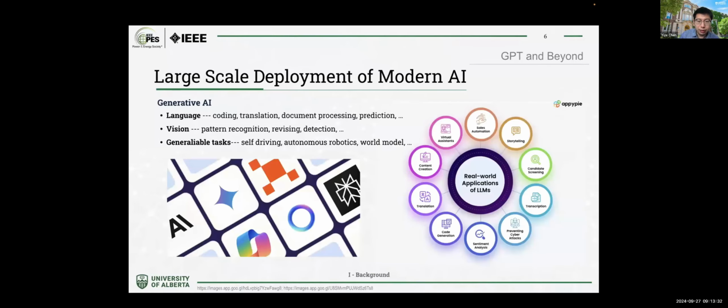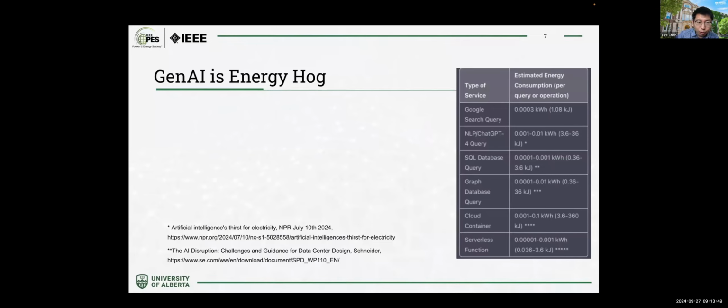Well, today's talk is not only related to the fast deployment of the amazing capabilities of AI in the power system. It's more on the reverse side, right? If we are using these kinds of large models, what will be the effect on the power grids? That is very important because Gen AI, large language models, and some diffusion models can be really huge energy hogs. Here I just show a screenshot from a Reddit conversation.